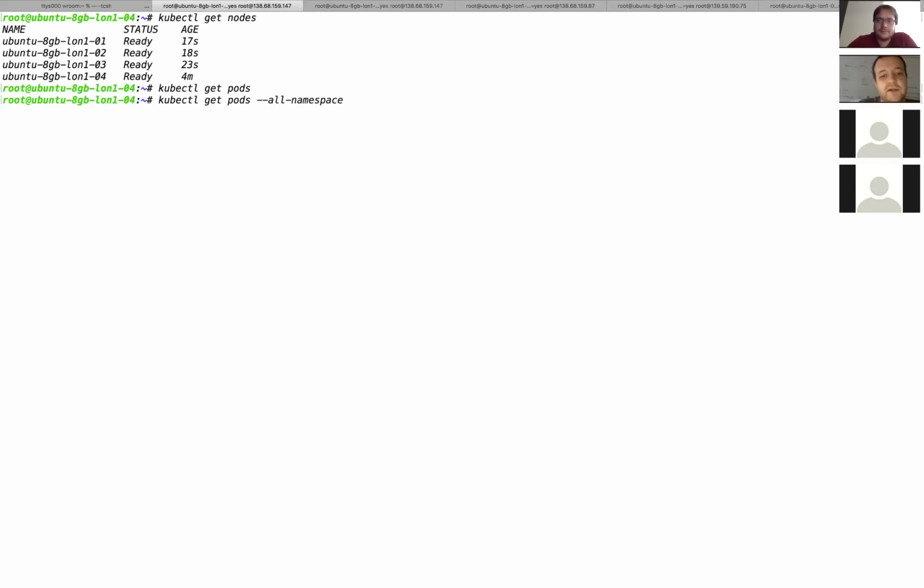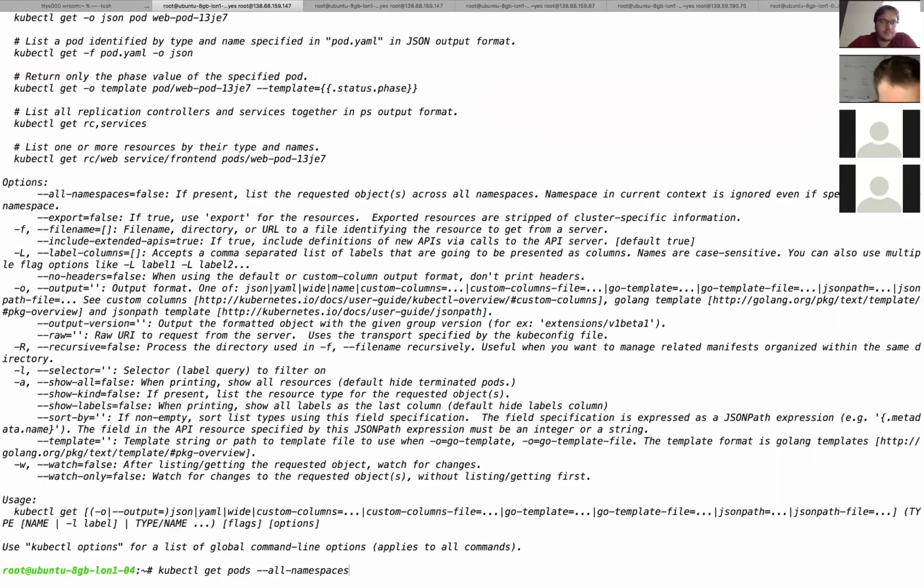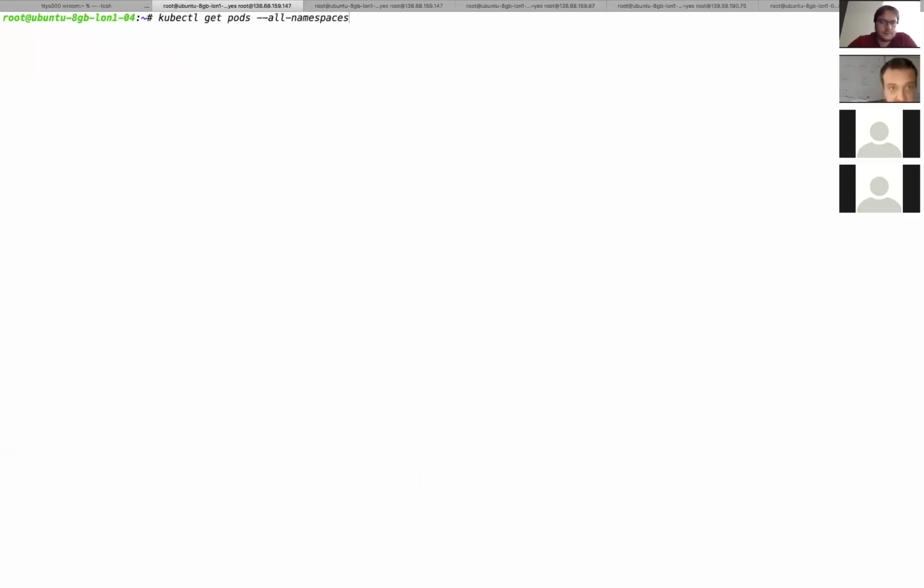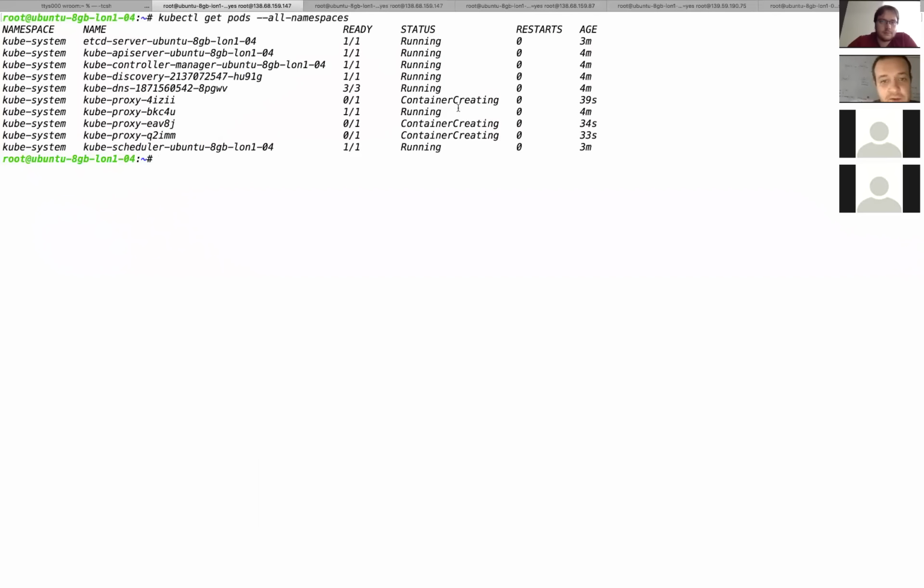So the nodes that join should be getting, what is it? Yeah. So proxy is being created in all of those guys, and we have DNS. We can supposedly scale up DNS to a couple more instances. kubectl scale replicas, I don't know, 3, kubedns deployment was